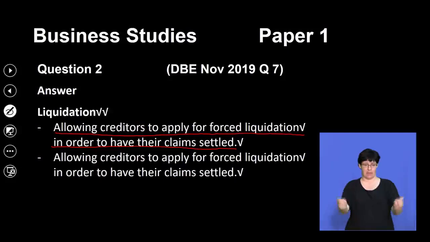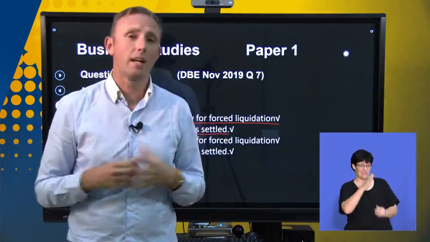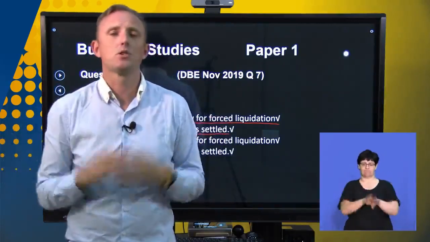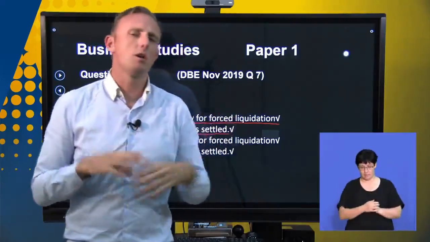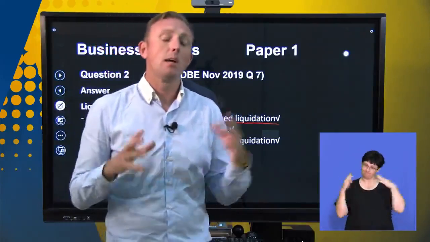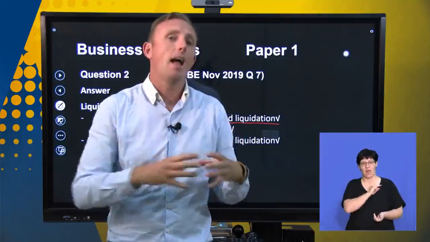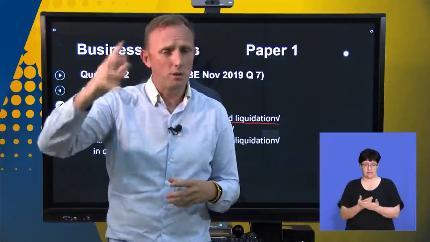So if you owe your creditors a lot of money, they can force liquidation, and they can make you shut down, where you have to sell all of your assets so that they can get the money that is owed to them. So you'll see, during the lockdown, there were a lot of companies that had to liquidate because they had too much debt, and their creditors were in need of money, so they had to shut down their business, sell all of their assets so that they could pay their creditors off. So their creditors forced them into that situation.